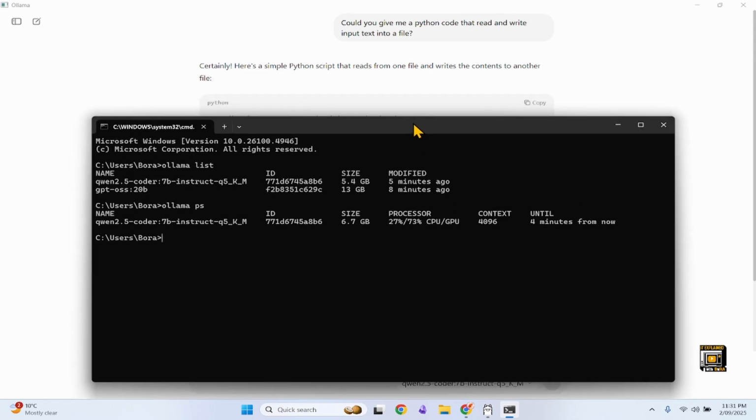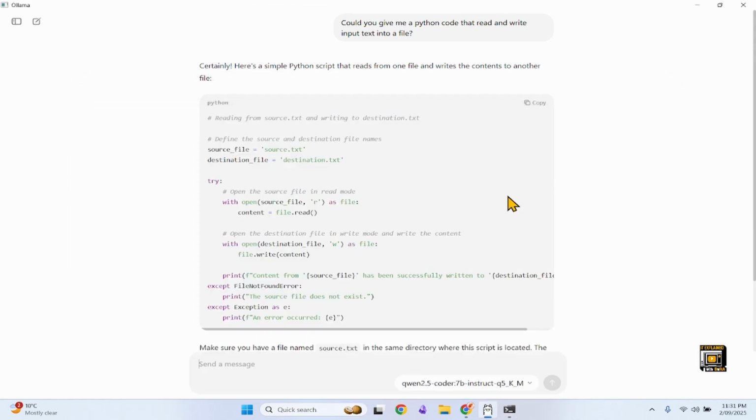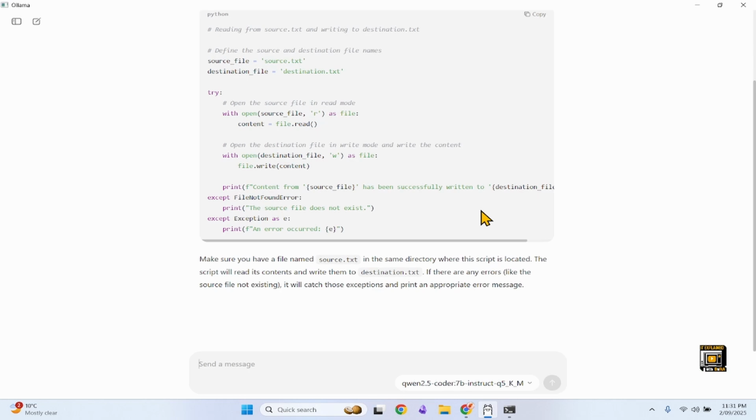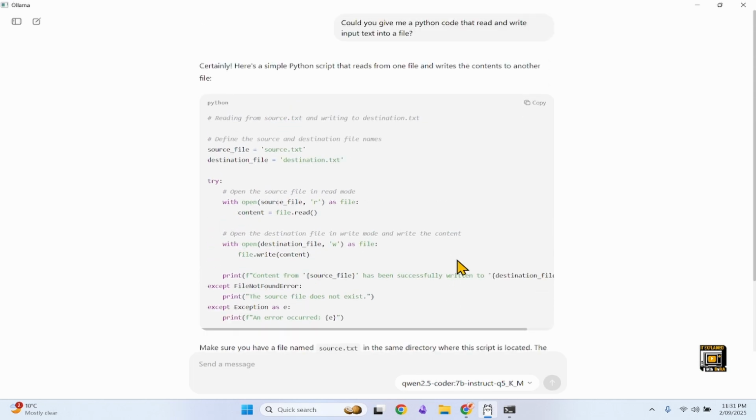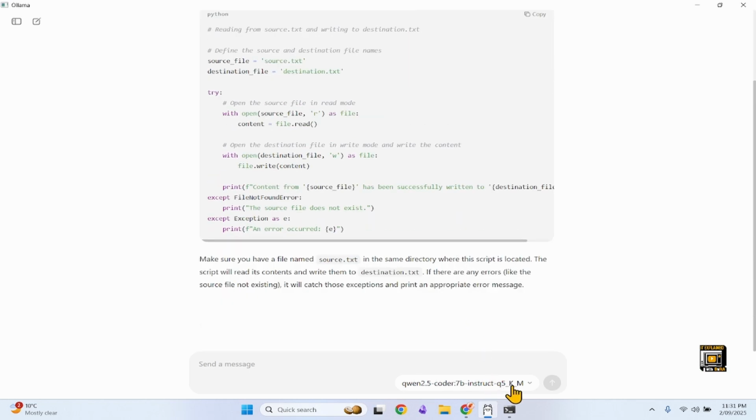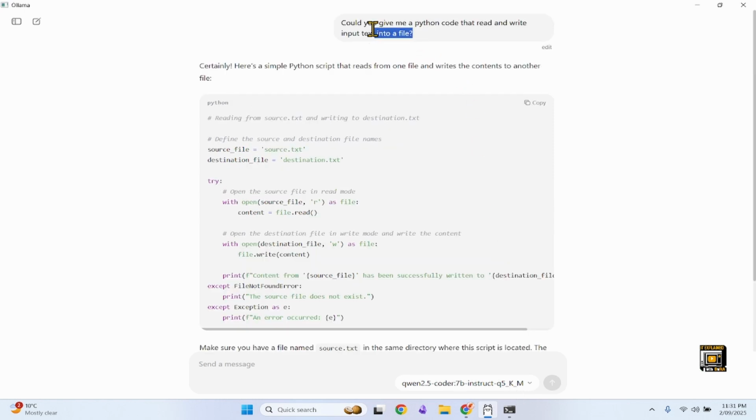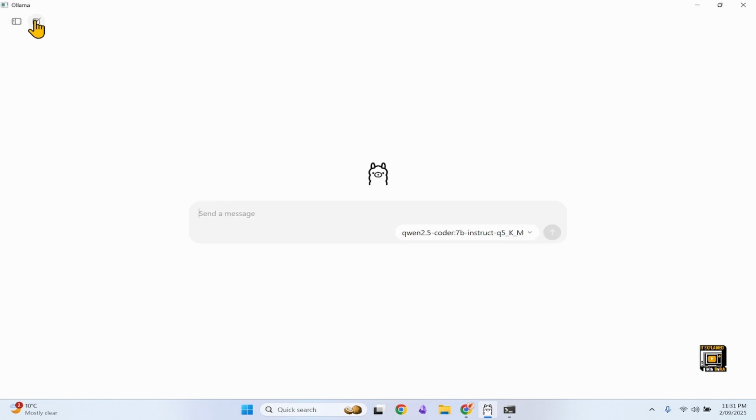This depends on your hardware setup. This is not a big model. That's why I get the answer too quick. So I'm going to do the same question in a new chat,